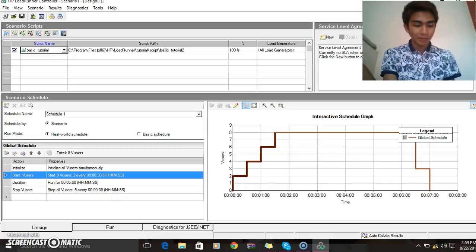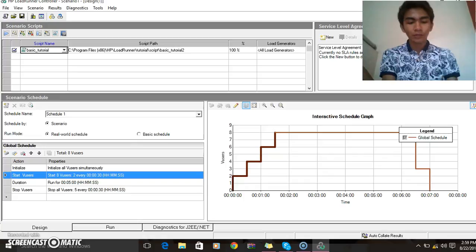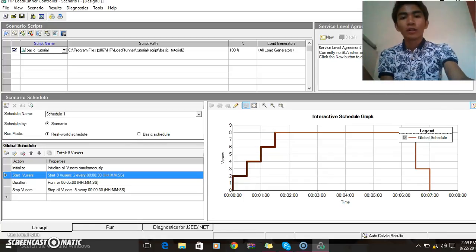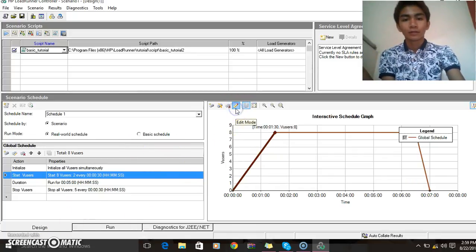The next step is to schedule the duration. Make sure that the interactive schedule graph is in edit mode by clicking the Edit mode button on the interactive schedule graph toolbar.